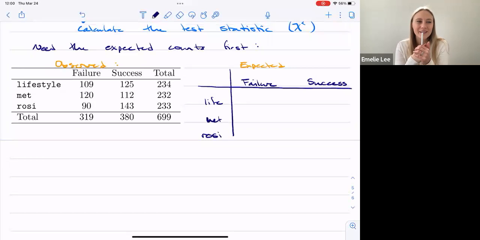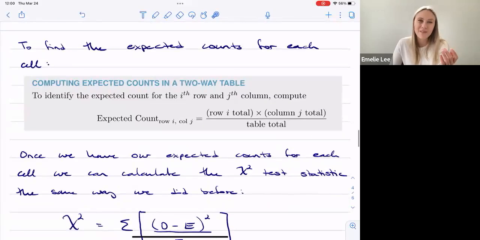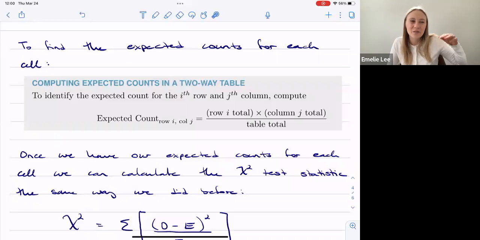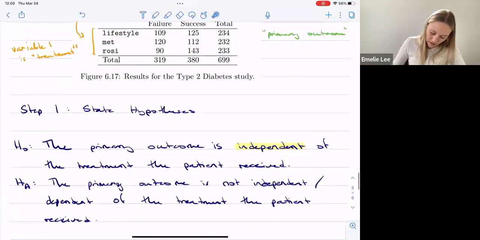How do I find those expected counts? Well, what did we say? We said, all right, so this might be helpful to have somewhere along with your notes on the chi-squared test for independence: you need to find the expected counts, which is the row total that I'm interested in times the column total over the table total. Okay, and so that's from the observed